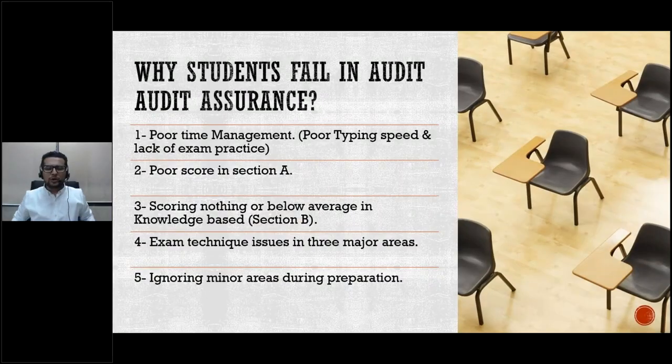Good evening, students. This is day 5 of the Practice to Pass webinar for the September 2021 exam, and we have already covered audit risk on day 1. We covered internal controls on day 2. We covered substantive procedures quite extensively on day 3 and a significant proportion of day 4. Now it's time to cover the minor areas so that we do not fall into the category of unfortunate failure